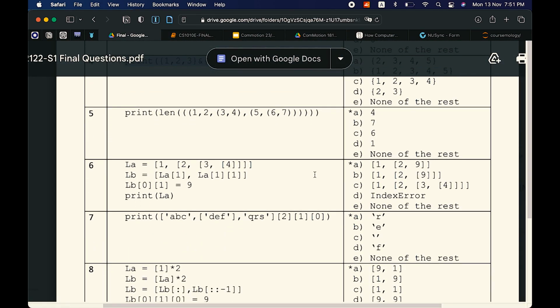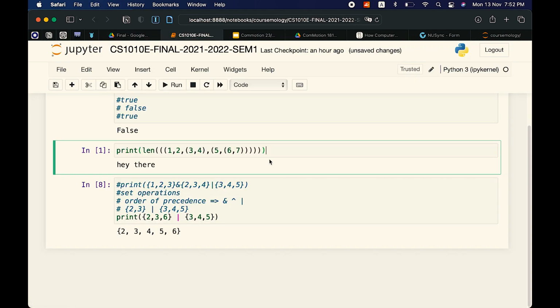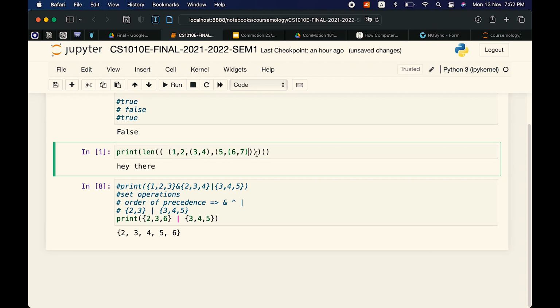Print len. Okay, this one, you just need to check the brackets properly. All this is from the function. So we are looking at these only.